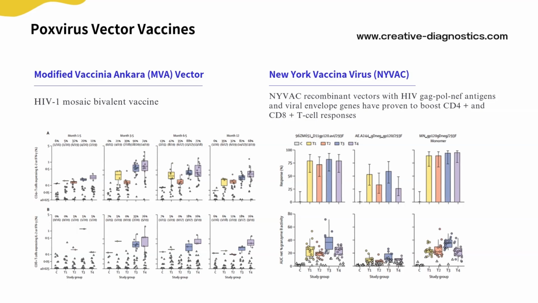Another replication-deficient viral strain used in vaccine research is the New York Vaccinia virus, NYVAC. Research indicates that NYVAC recombinants containing HIV GAG-POL-NEF antigens and viral envelope genes can enhance both CD4 and CD8 T-cell responses. The same study revealed that combinations of MVA/NYVAC vectors produce broad-spectrum immune responses, while DNA/NYVAC combinations generate more robust